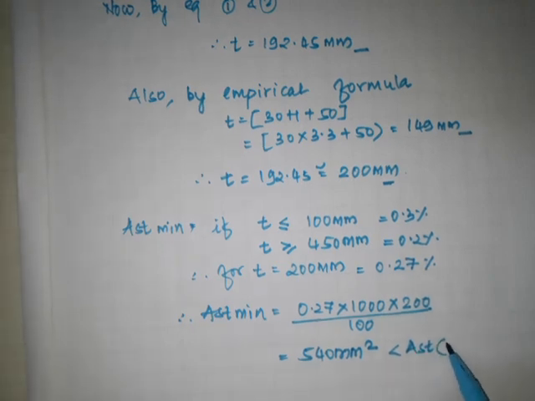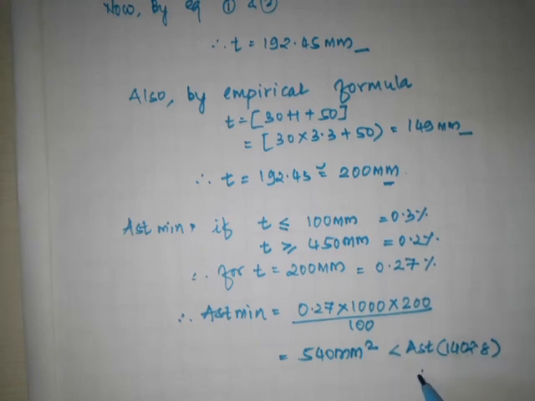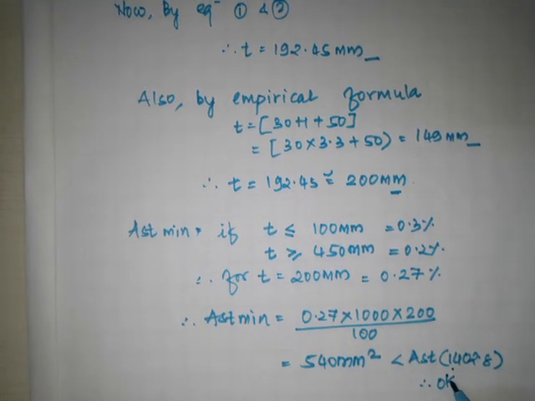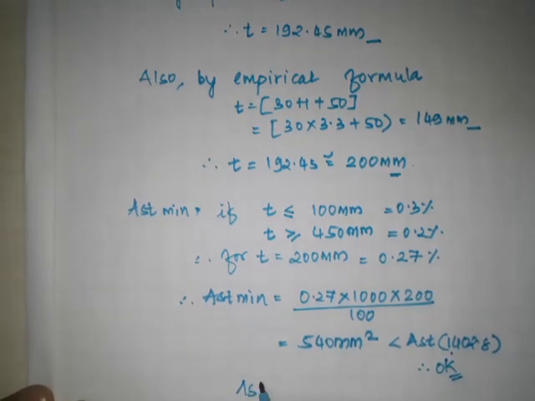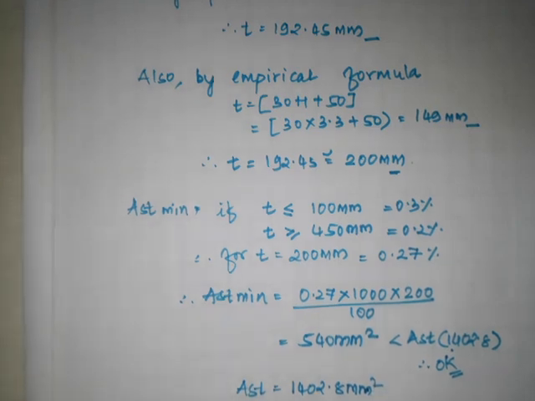Therefore we have to provide AST equal to 1402.8 mm square. Understood? So now